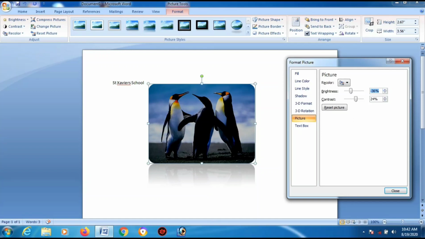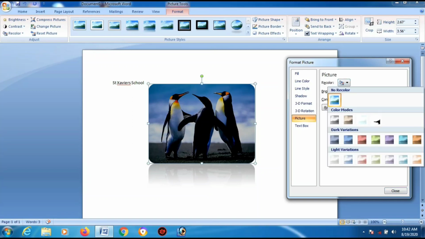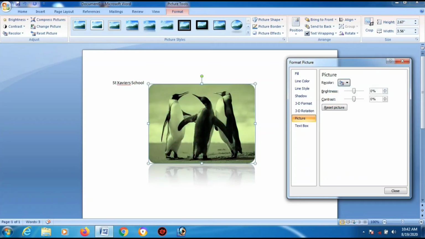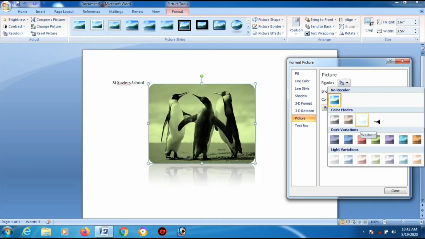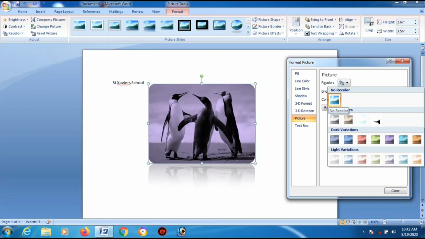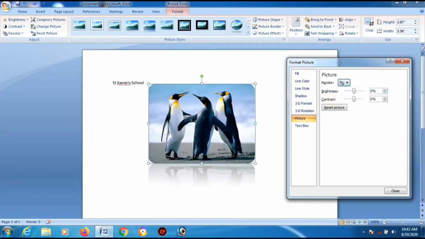Okay, so recolor. Do not change this part. If you change this part, the picture will not look good. See, on recoloring, things change drastically, and this doesn't make it look good. Understood? If you are extremely good at drawing and creativity, then you can change it. Otherwise, normal persons who are not that much pro should not change this. Understood? Okay.